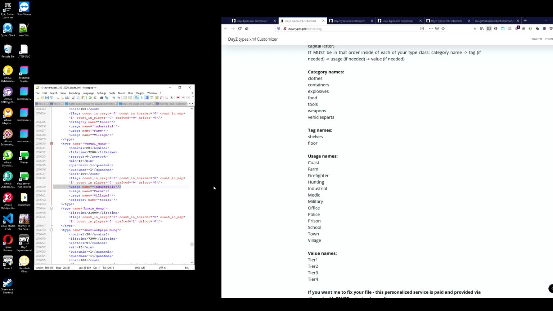This is usage name, right? Goes to usage name. So usage name, here we have industrial. But here we have industrial 2, which is incorrect. Your engine will not load these items because you have incorrect spelling here for all the parts, for all the elements. Okay? Boom! Instantly we fix the issue.